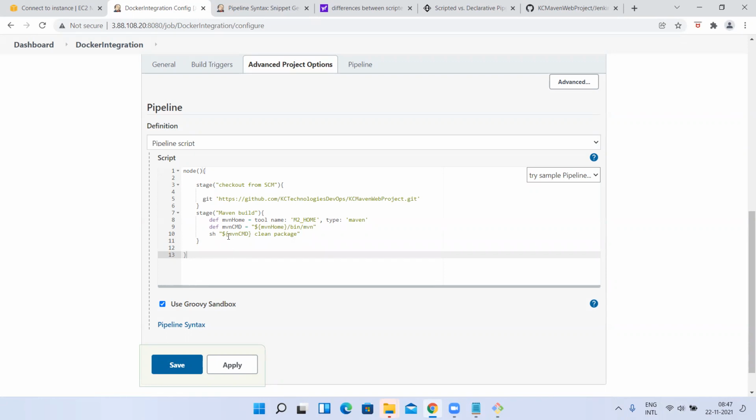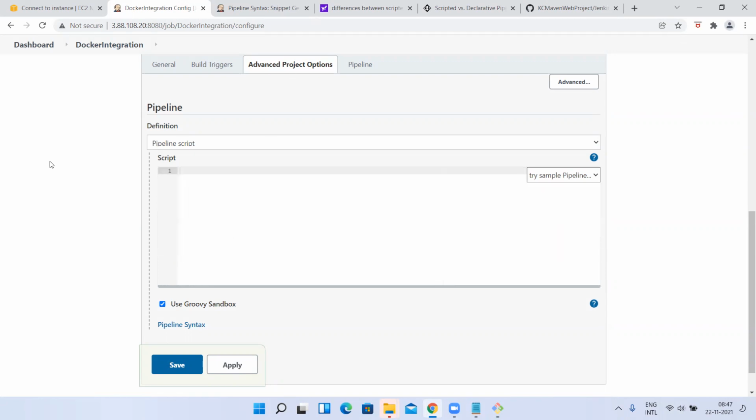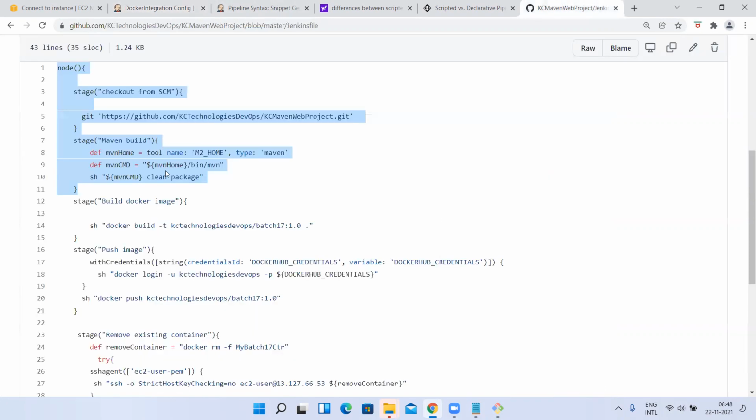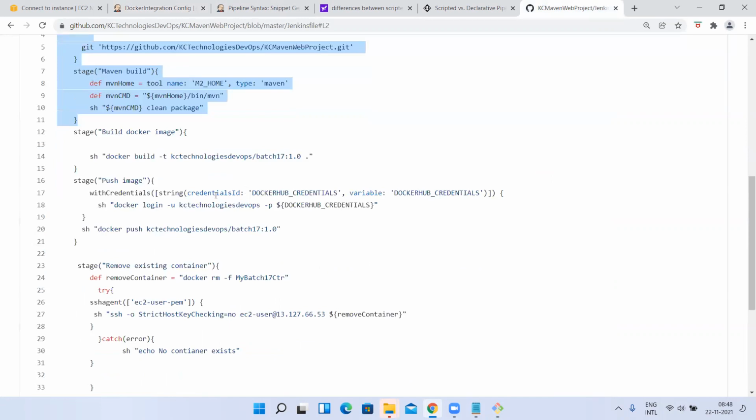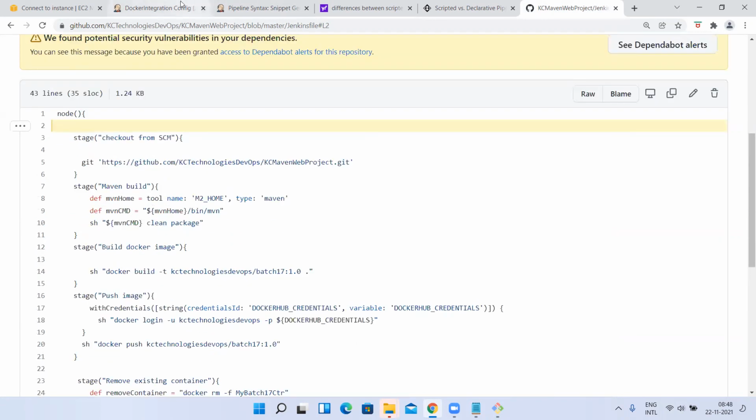And next, one more thing. That is what I was about to discuss: now I have two different jobs for each branch, a different script for each branch. For the development branch, I want to use this script. For the QA branch, I want to use a different script. For pre-production, I want to use a different script. Same, only I don't want to use this stage, or some other stage I want to use in place of this for different branches.